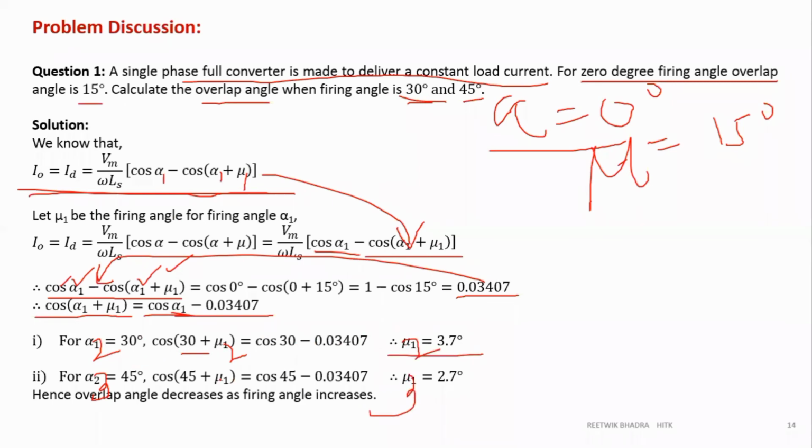Similarly, you can find out your mu 3. This is a typing mistake, so you can go through finding your mu 3 through this formula. It's a very easy formula. The only thing you have to do is generalize the form, then substitute your alpha and find your mu. So you are seeing that we need to understand or remember our equations. It is very important for the rectifier: the operation, how the waveforms are coming, and the equations.